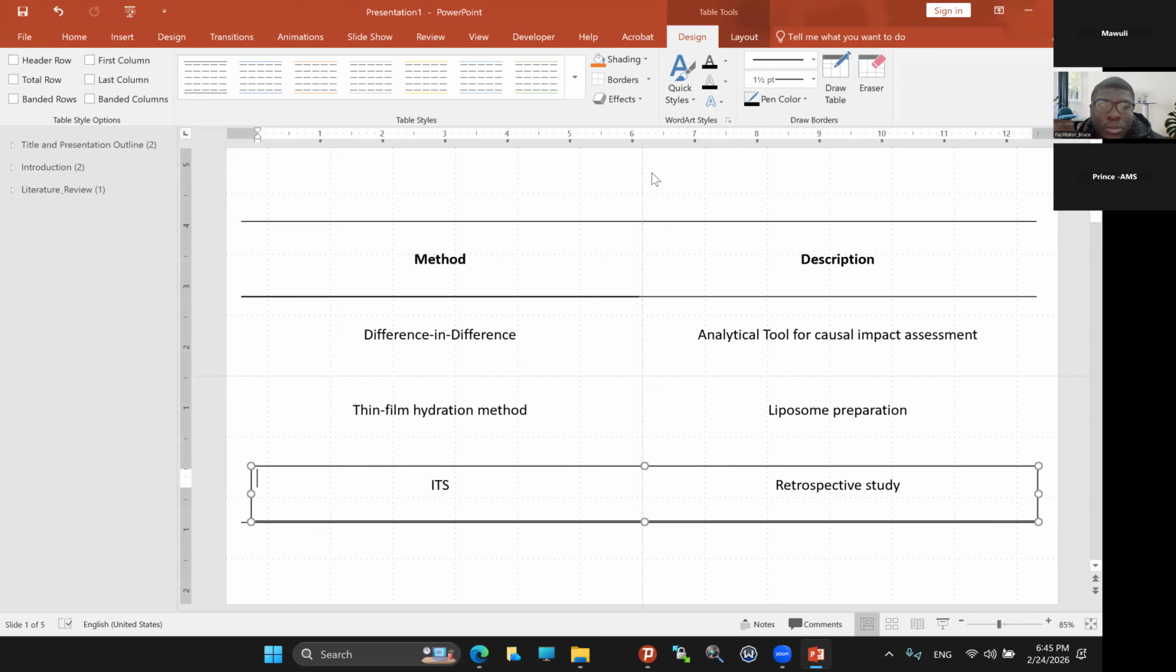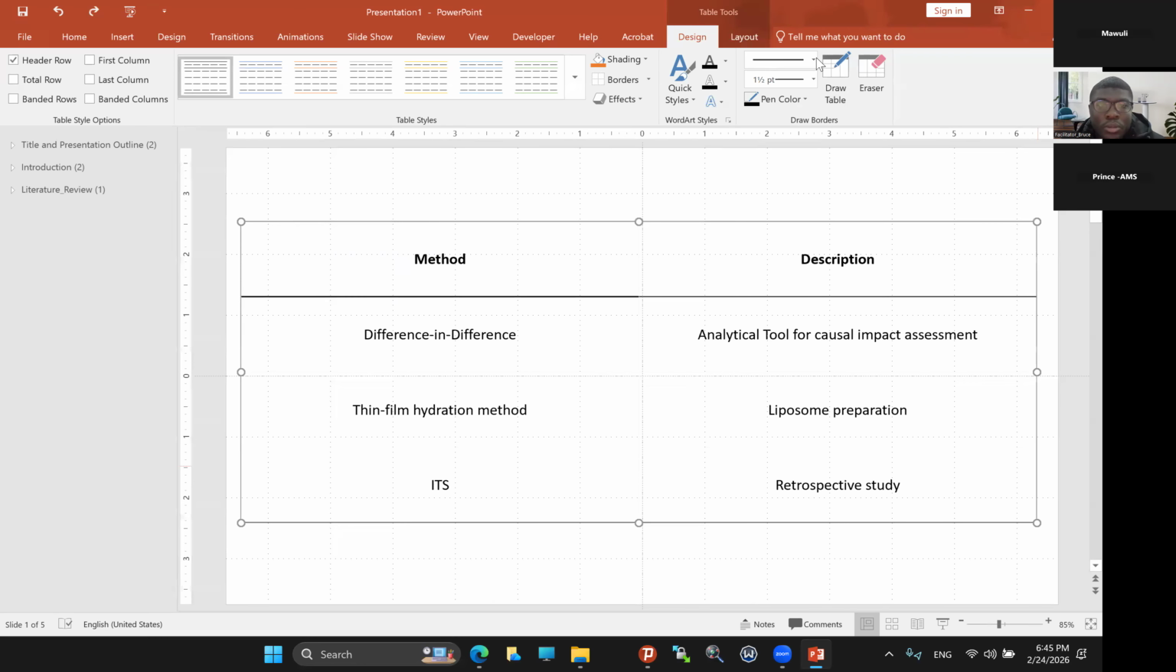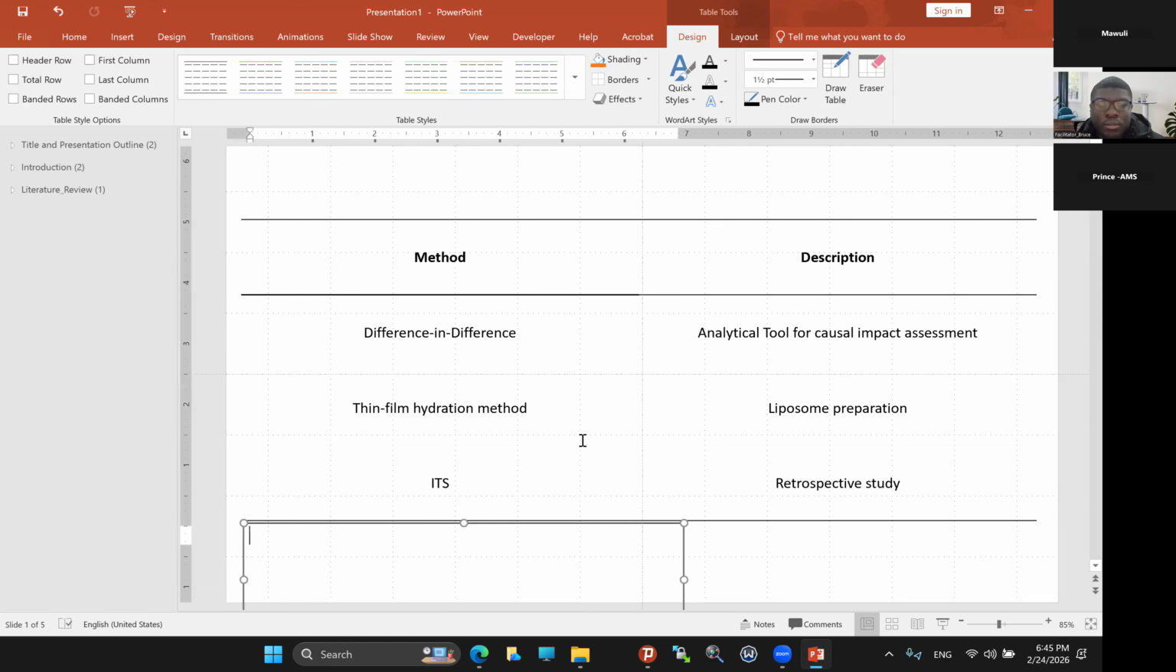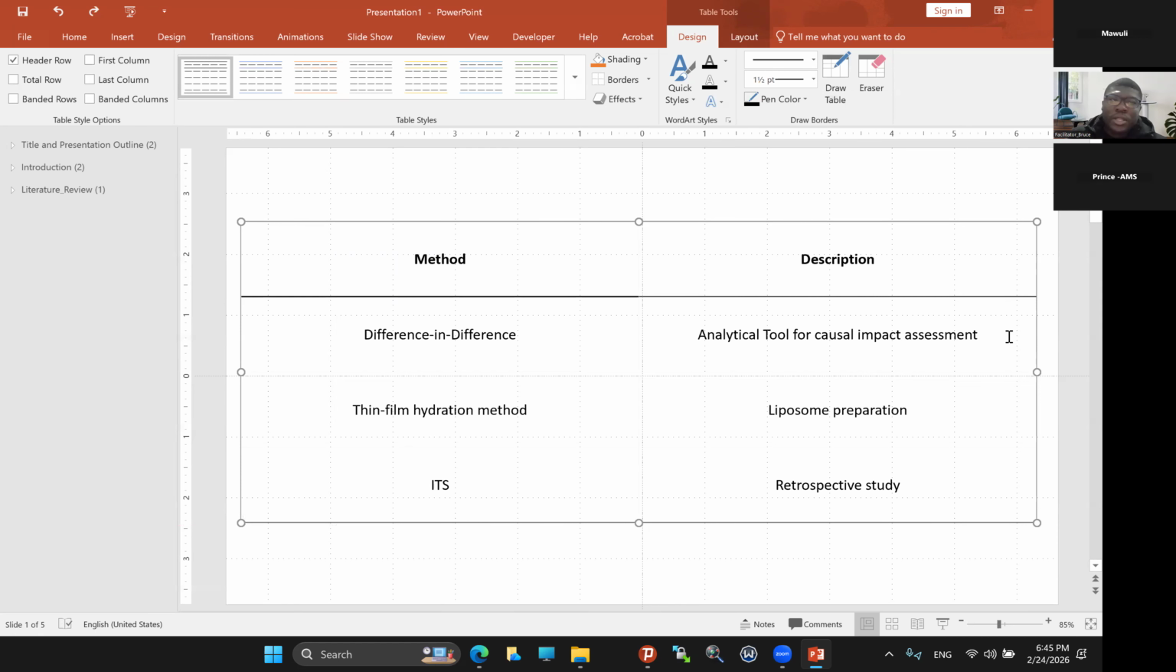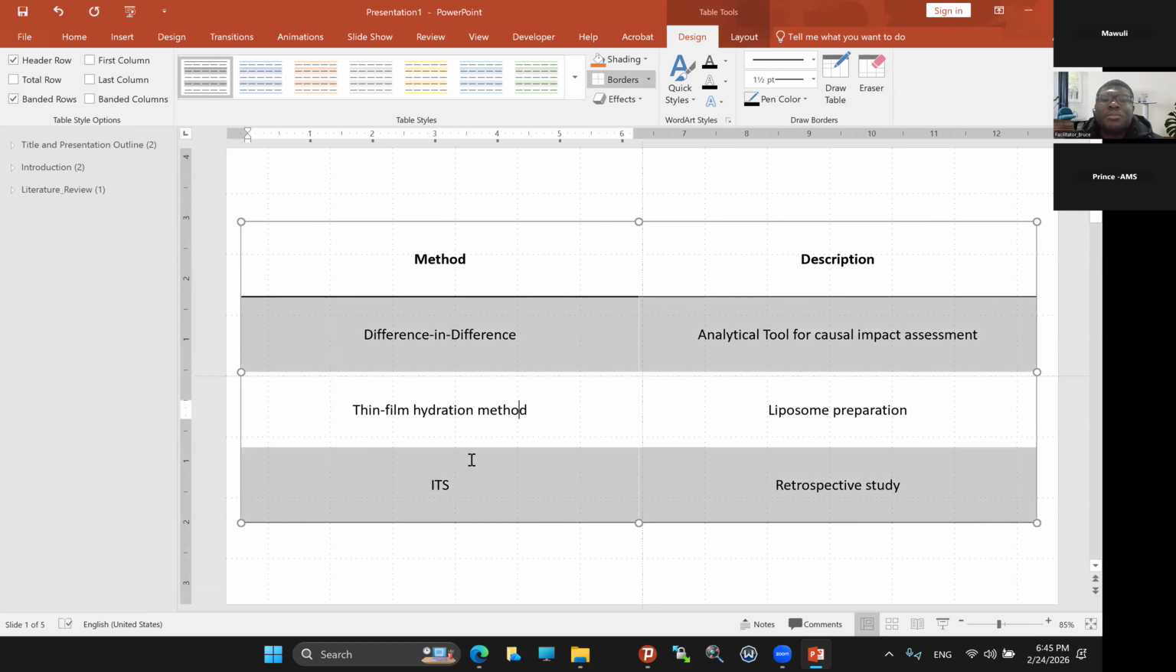Okay, so this is not what I want. But pretty much because it's a table, you can do this and then kind of outline it. Then we can do the banded rows if we want this. Perhaps maybe you want to